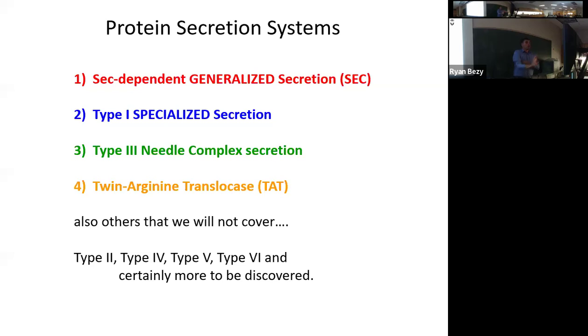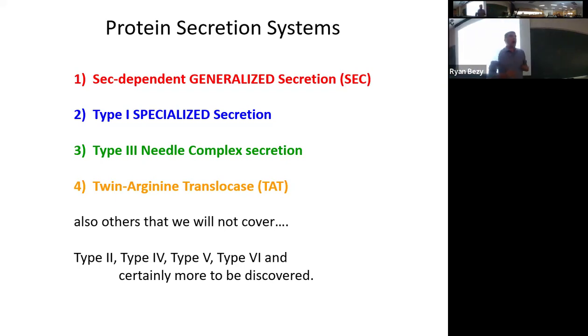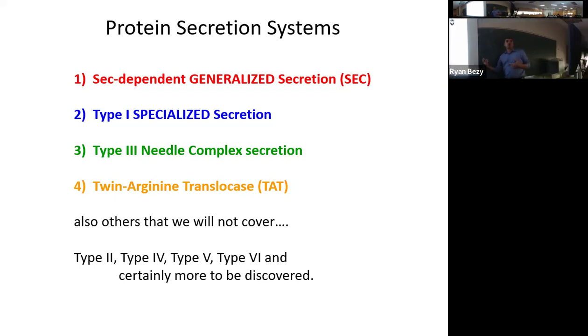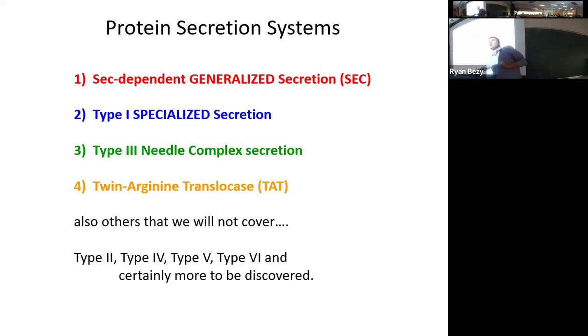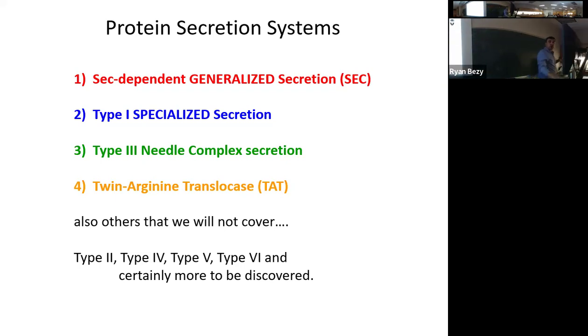All right, so what we're going to be talking about today and then on Monday is secretion and transport. I'm going to talk about secretion first. That's because secretion does come first when we're talking about bacterial nutrition. They make and secrete out these digestive enzymes, and then you transport the digested nutrient products in. So we're going to talk about secretion first, but then we're going to talk a little bit about transport as well.